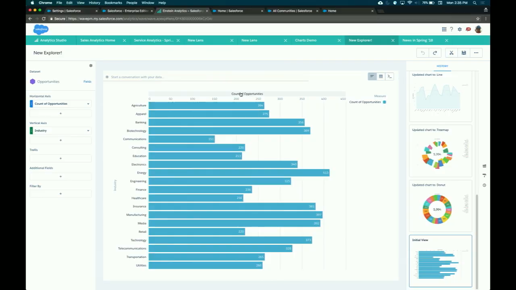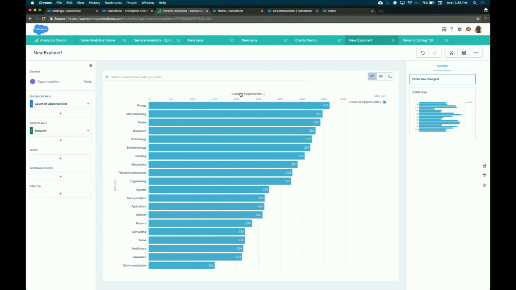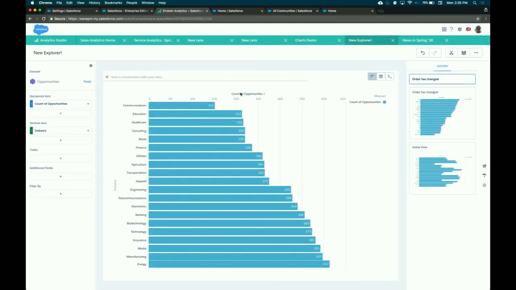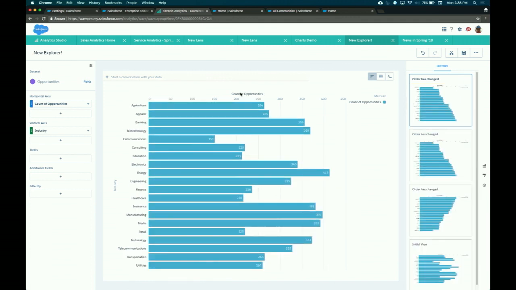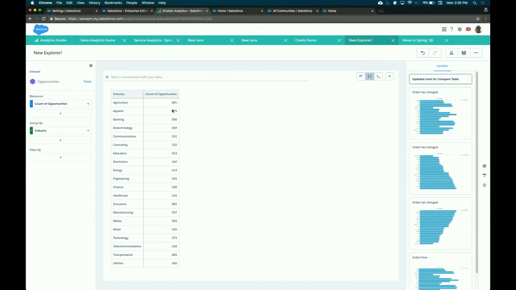Just click on axis title, and you can sort it. So basically, we would loop through the different items and make sure you can have the right sorting. So even as a consumer of a dashboard, you can do that on your own. If I were here to just flip it real quick to a compare table,